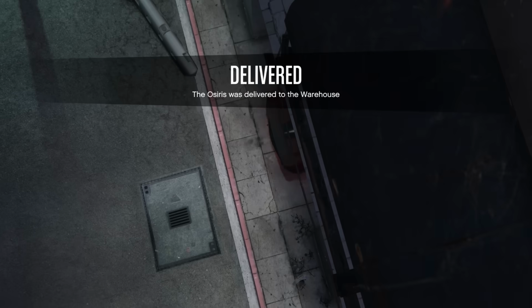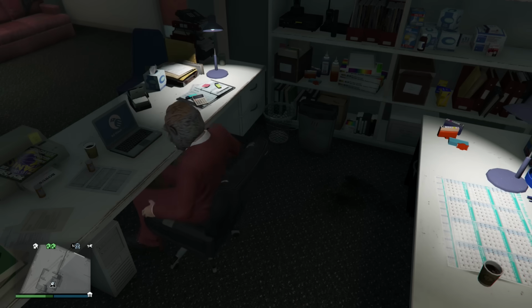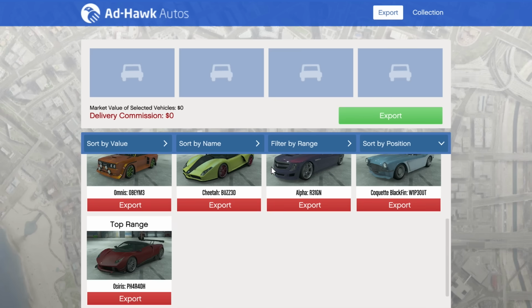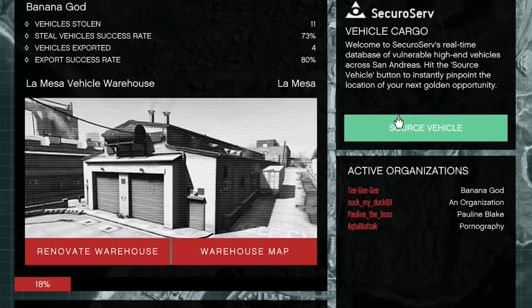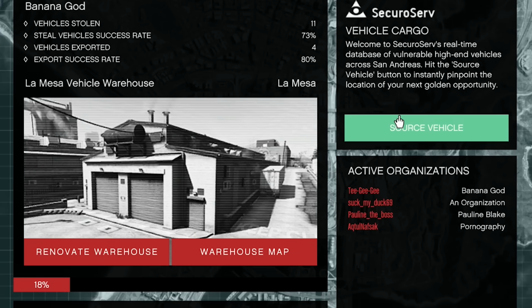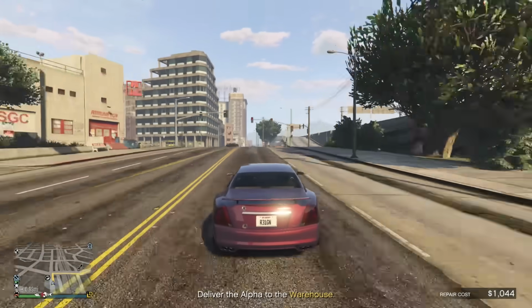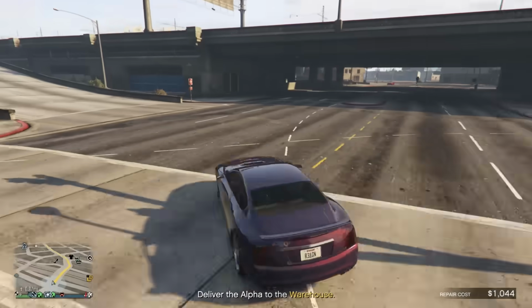It's kind of strange that you can't source a vehicle from the computer in the actual Vehicle Warehouse, because that's where you resupply most of the businesses, but for this one, you actually have to go back to your CEO office, go on the computer there, click on Vehicle Cargo, and then start a source mission. That's the normal way to do it, and I said I was going to add some expert tips in here